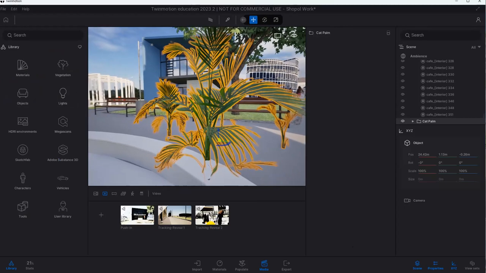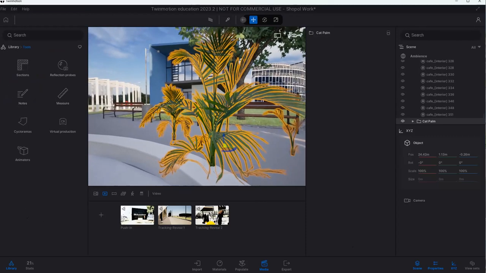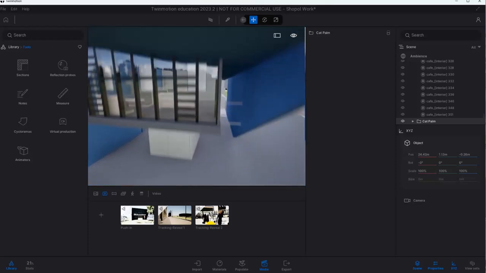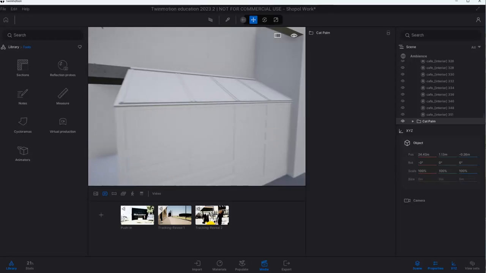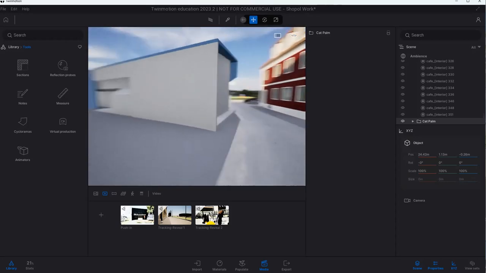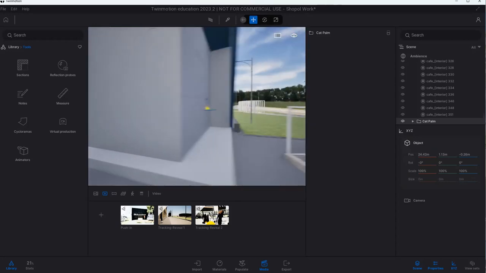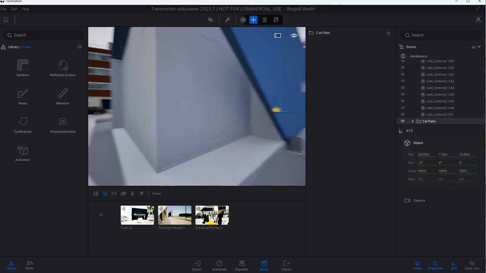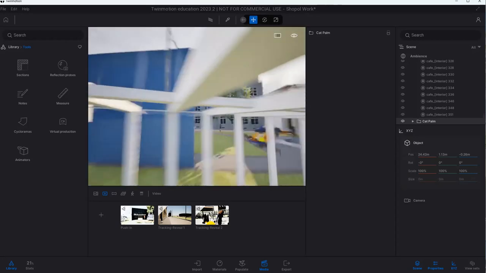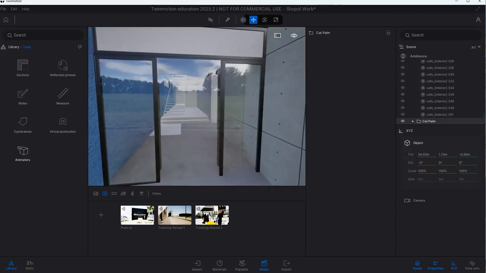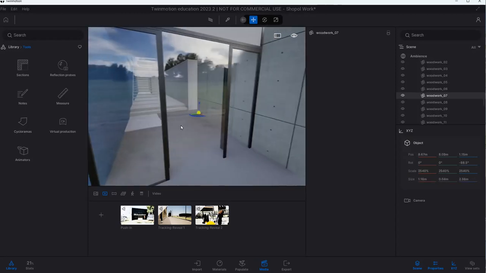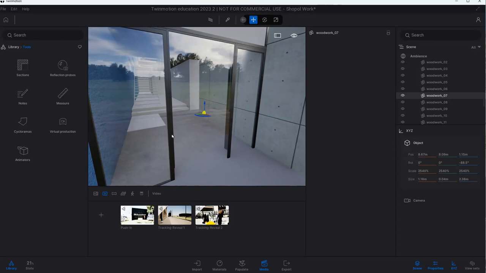My last tip is with animators. This is really good, especially if you're going to do your walkthroughs. Let me see, where can I give you a good example? Let's say you're doing an animation for your project and, okay, here's the entrance to the building, and you want to have some people walk through the door. Well, what you can do is